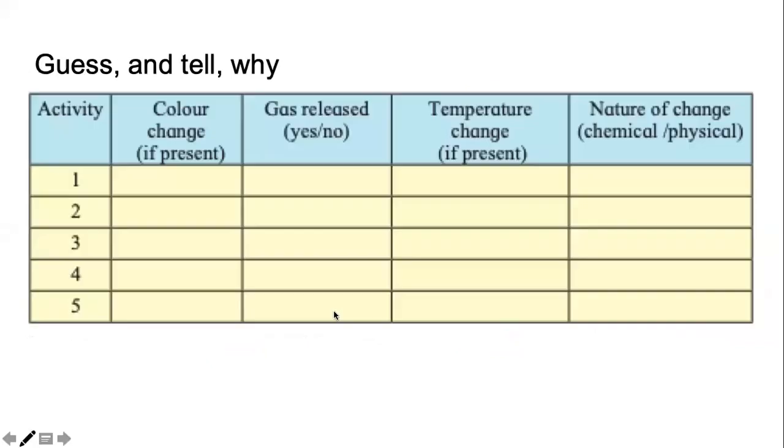So what I want you to do now in your textbook is just write using your pencil. Using your pencil, not pen, right? We are thinking that this is physical, chemical, chemical, chemical, and physical. Just mark it with pencil. We will see it later whether it is correct or not. Confirm when you are done.